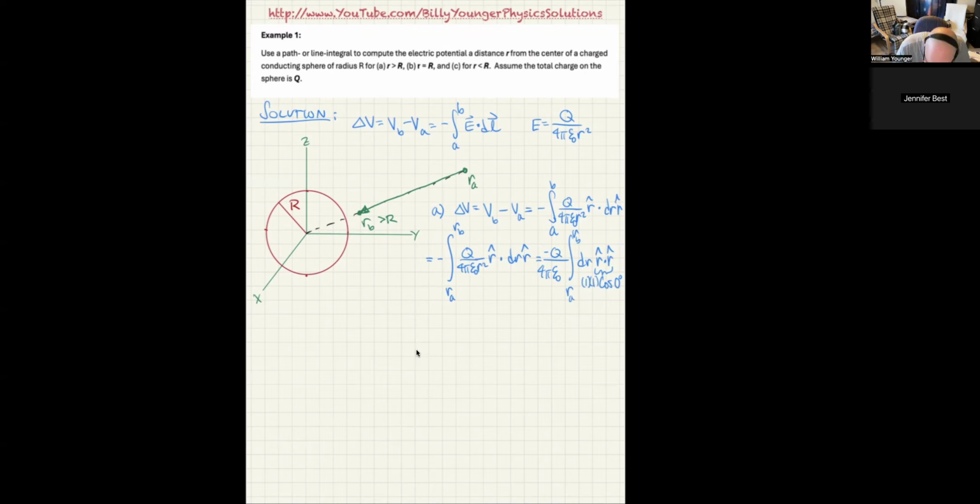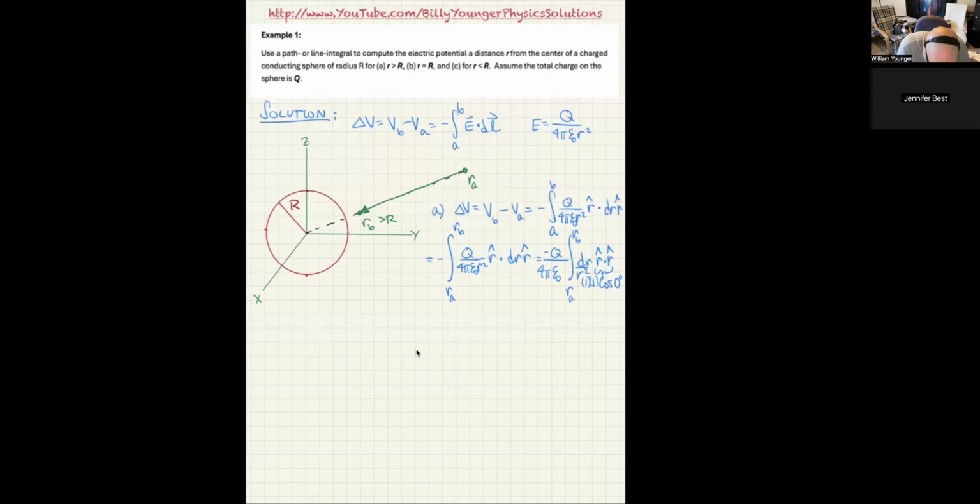The integral, oops, I left off the r squared in the bottom. Notice I did pull out the 4 pi epsilon naught. I just left off the r squared in the bottom. But what we now have is an integral of r to the negative 2 power. And an integral of r to the negative 2 power is you actually add 1 to the exponent, so that'll become -1, and then you divide by the new exponent, which will be -1.